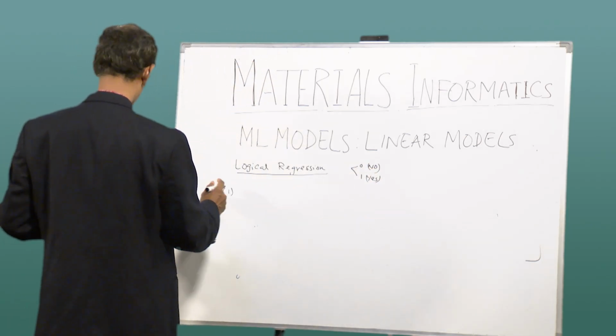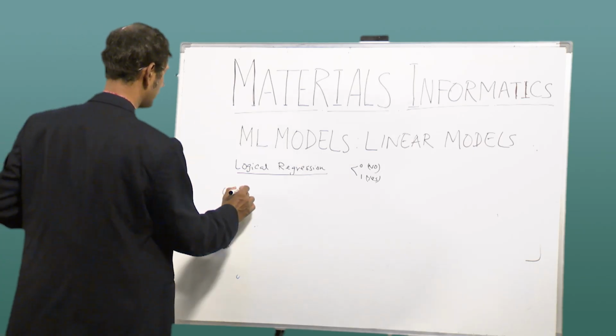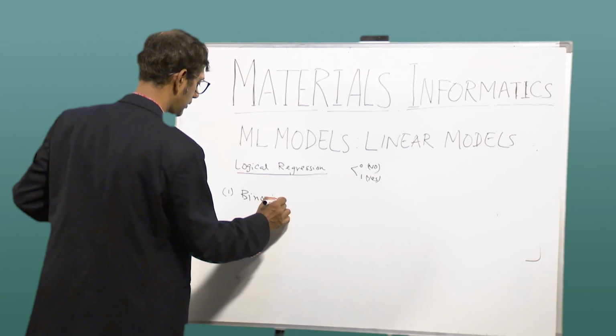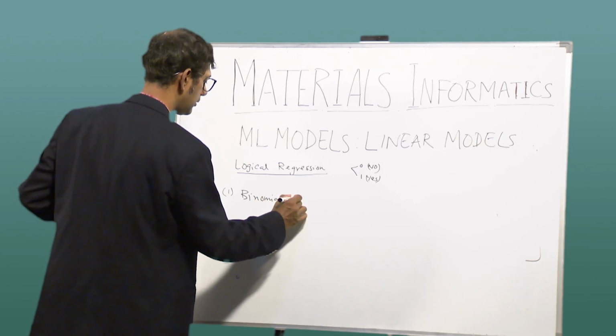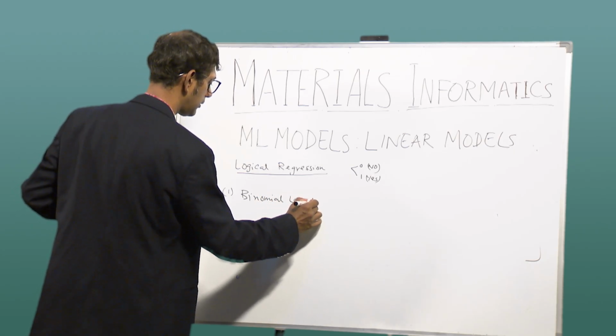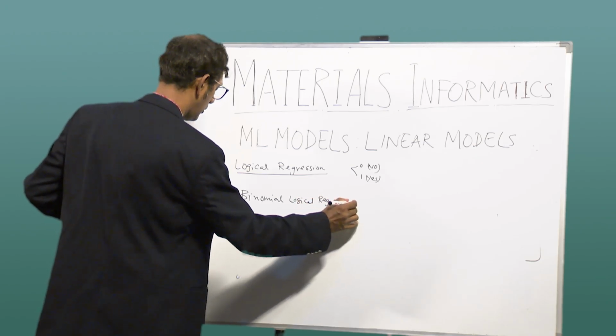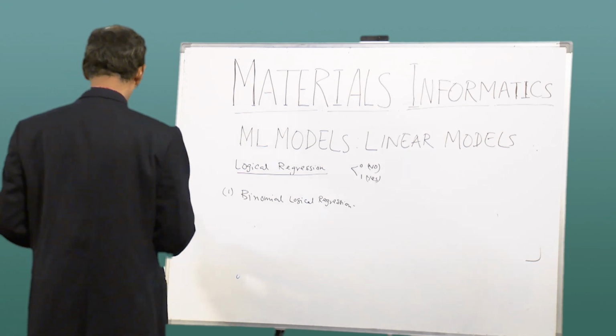The first one is known as binomial logistic regression. What is this? This is used when the dependent